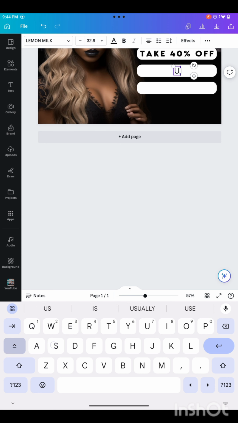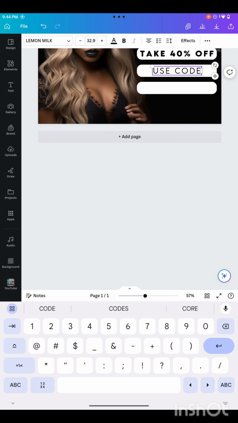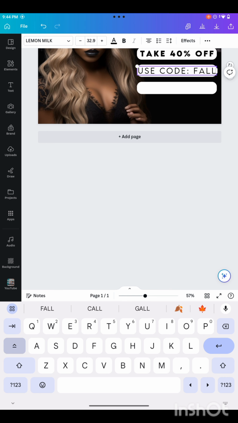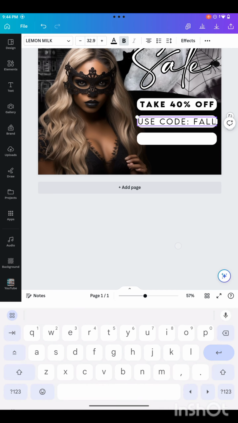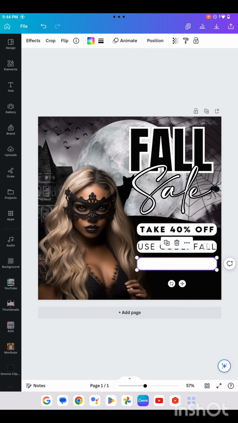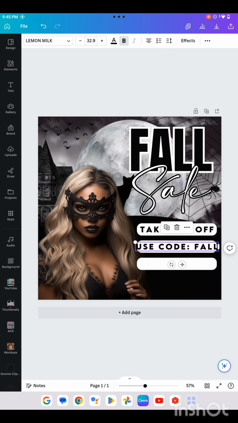So I'm just typing in take 40% off, and now I'm going to type in the coupon code: use code FALL. I'm using the font called Lemon Milk. I also got that on dafont.com. And then I'm going to make it bold, and I'm just sizing it up and down here. I'm going to duplicate it, and I'm going to